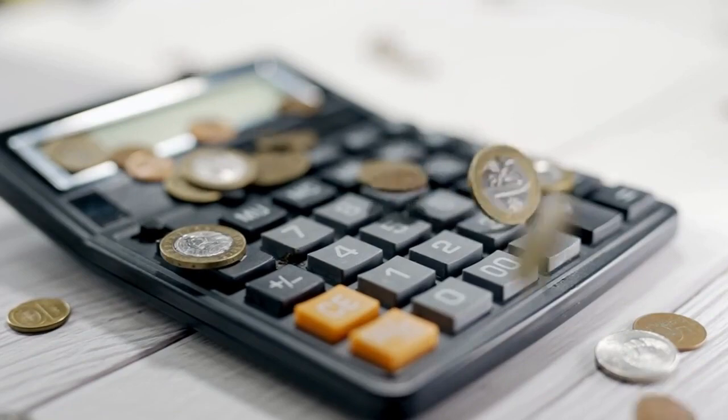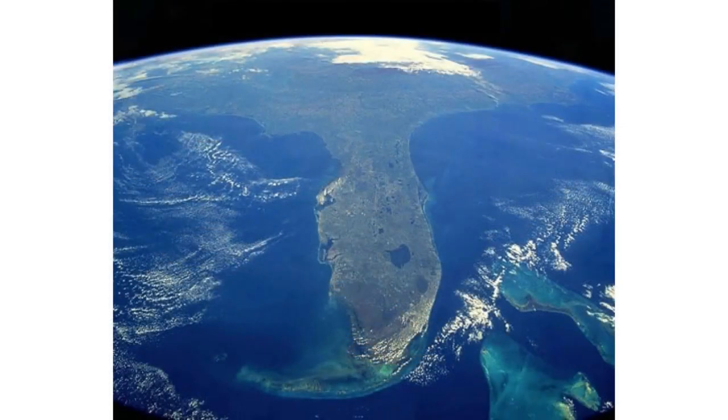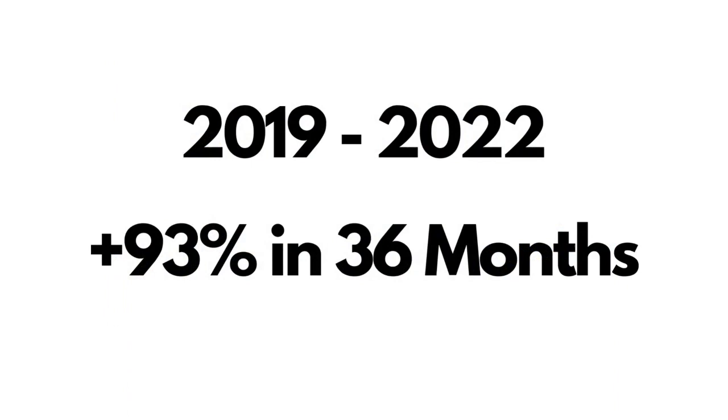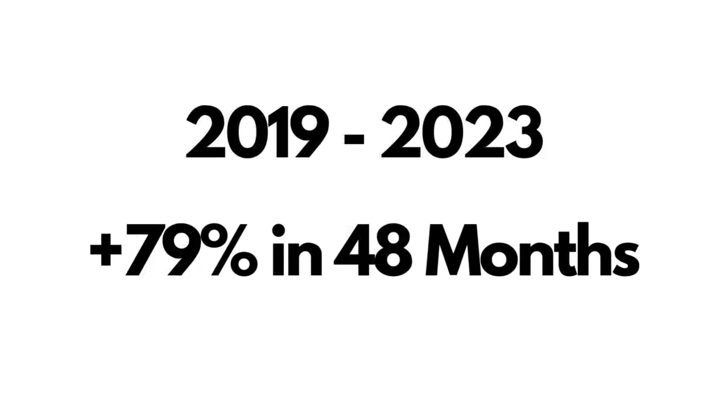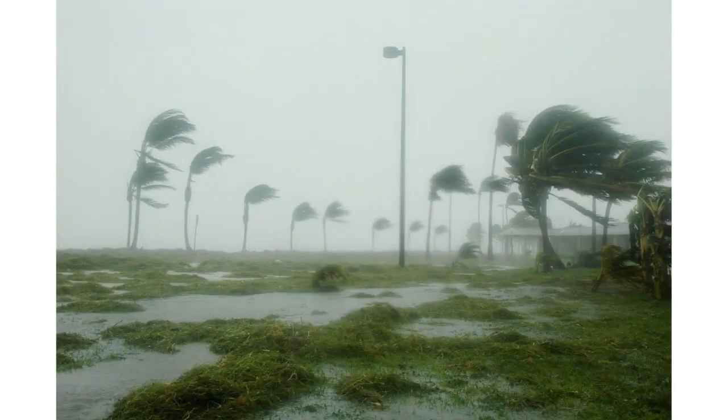I wanted to touch on Florida in particular, since I happen to analyze a market in Florida as part of the series. It's got some really interesting dynamics working in the housing market right now. Values in many areas are up nearly 80% in less than 5 years. That's a huge increase. Of course, now you have huge increases in insurance premiums this year. Some articles are saying 40%. I just saw one yesterday where they cited 27% on their homeowners insurance, and they had no claims during any of the hurricanes or anything.